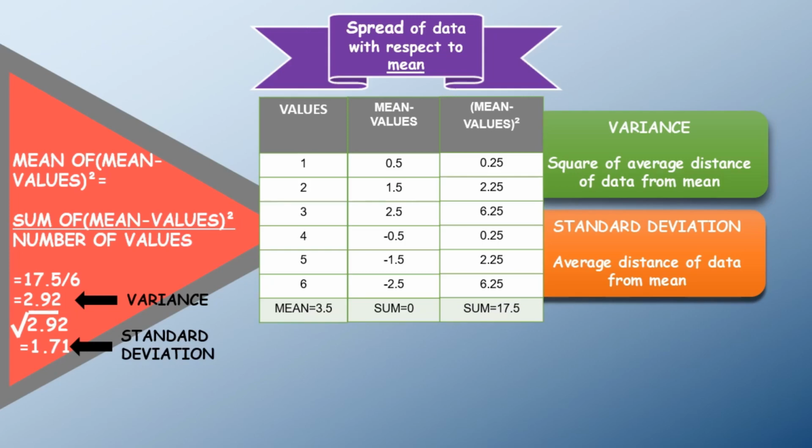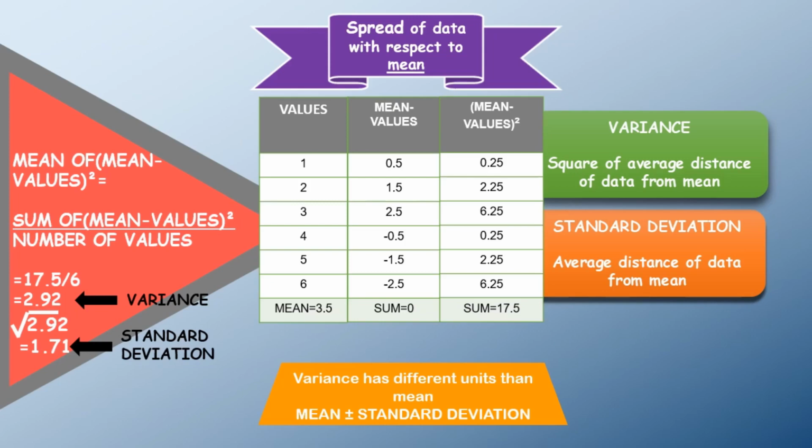Since variance is the square of values, its units are different from the mean. They are always squared out. That's why whenever we mention the mean, we mention standard deviation along with it and not variance. But variance is also useful in many cases, for example, to compare different data sets. That I will talk about in later videos.